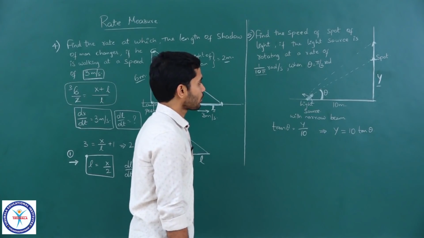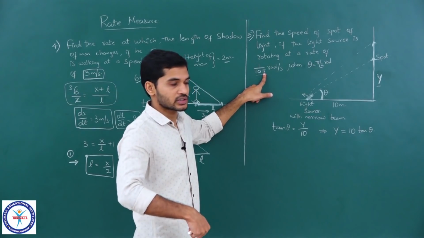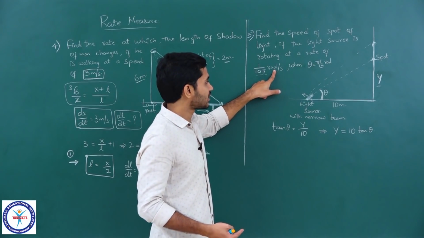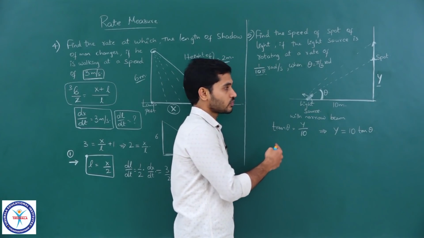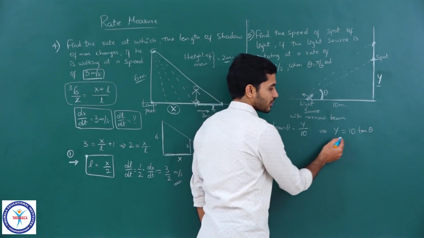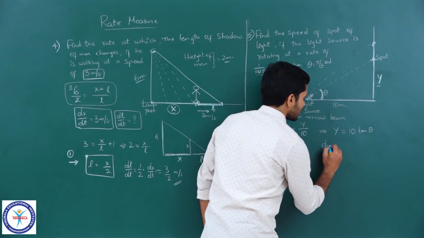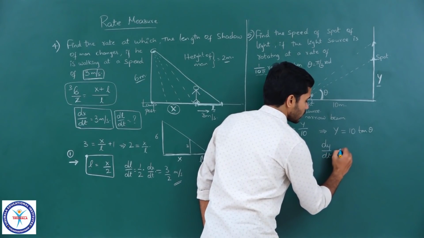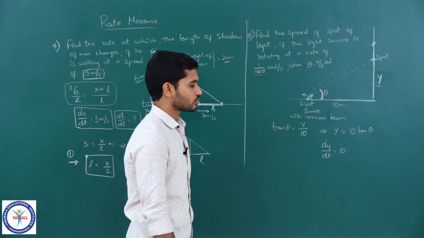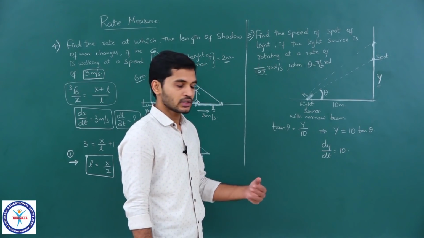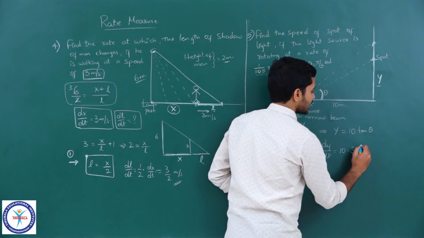Clear? Okay. So, what they have given us is the rate at which theta is changing with time. Clear? So that's why we have radians per second. So they have given us d theta by dt. So we need to find dy by dt. So I will differentiate this. When I do that, I get dy by dt is equal to 10 into, what is derivative of tan theta? You know how to differentiate it with respect to theta. So I will first differentiate tan theta with respect to theta. I get secant square theta.